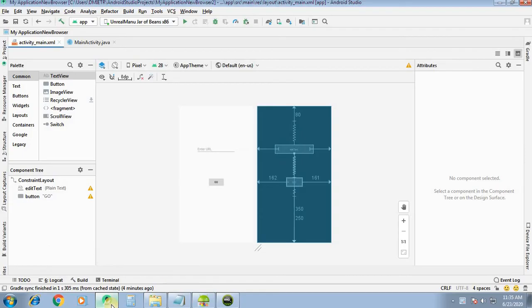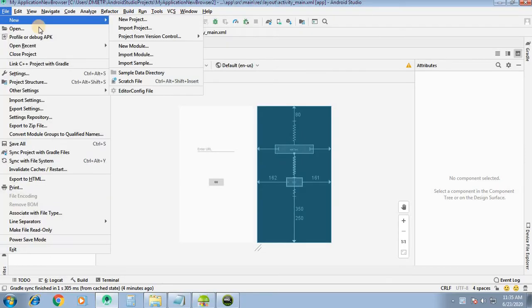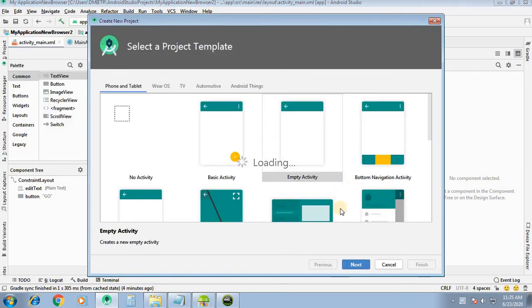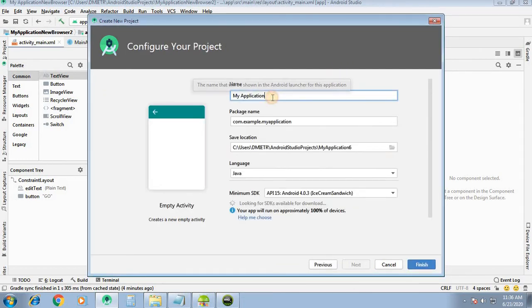Go to your Android Studio. From file, new project, empty activity, next. Then name of application, my music new.